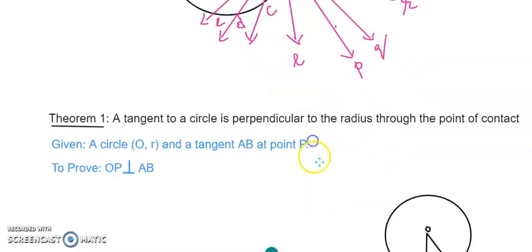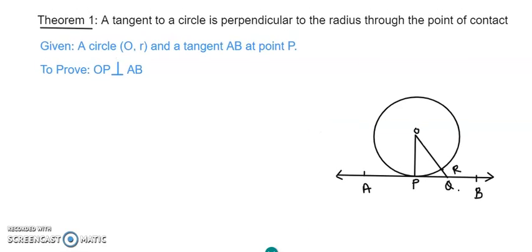Now we'll be looking at a theorem which is very important, which says that a tangent to a circle is always perpendicular to the radius through the point of contact. There is a connection to one of the theorems that you've learned in 9th standard, about a circle and the chord. So what is the theorem saying? It says that the line segment passing through the center of the circle is always the perpendicular bisector of the chord. Let me draw the figure and explain it again.